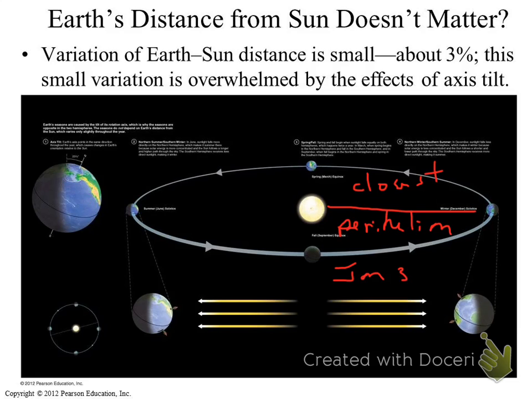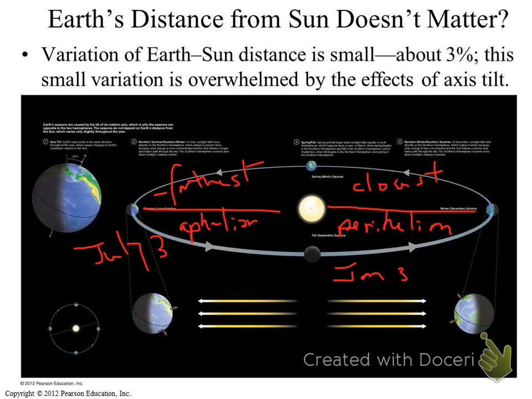Okay, so I think we would all agree that January 3rd tends to be kind of cold in our hemisphere. Warm in the southern hemisphere, but cold in the northern hemisphere. So right away, it's not the distance thing. The opposite of perihelion is called aphelion, and it happens about, I think, July 3rd. Okay, so it's the farthest distance between the Earth and the Sun, and they call that aphelion,